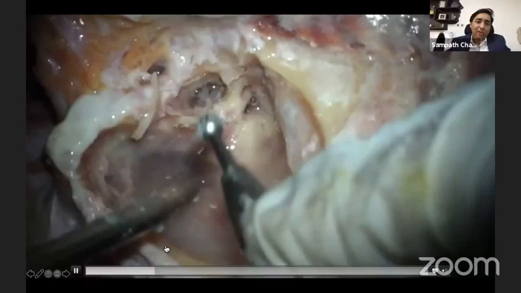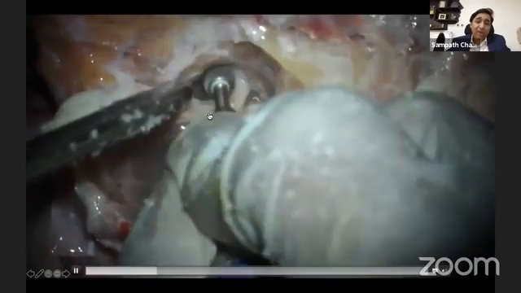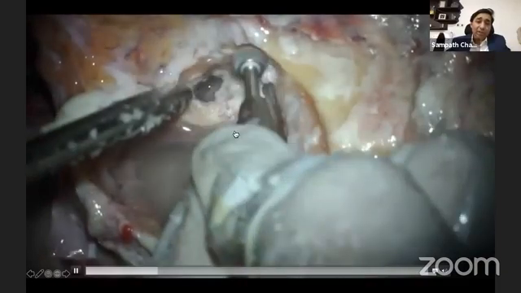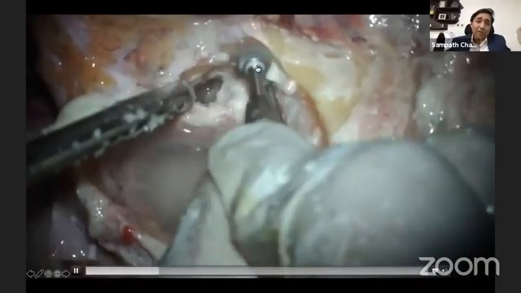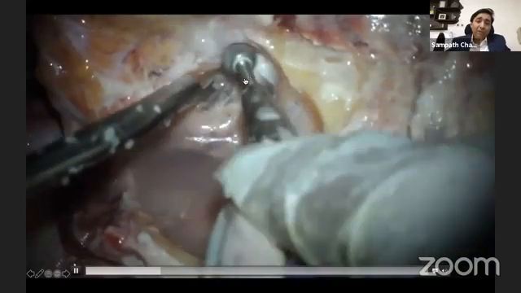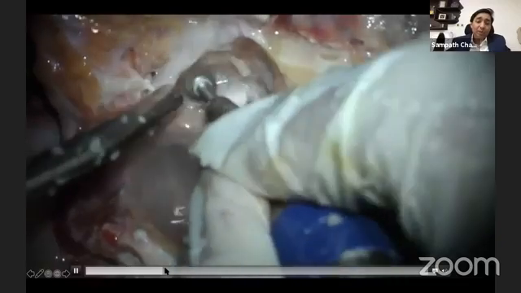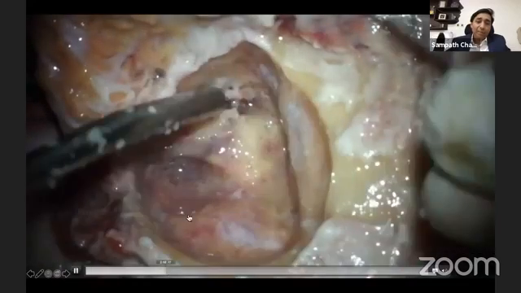I told you, never go perpendicular to the facial. This is a cadaveric dissection. Even in a cadaveric dissection, don't do that. Go always parallel to the posterior canal wall. Remove all this bone, create a groove in the root of the zygoma. This is the groove that you create in the root of the zygoma to eventually reroute and put the rerouted nerve back in its place. Now I've brought down the canal wall.